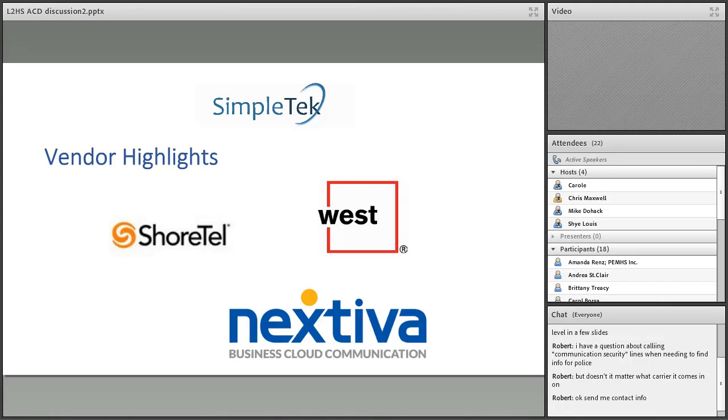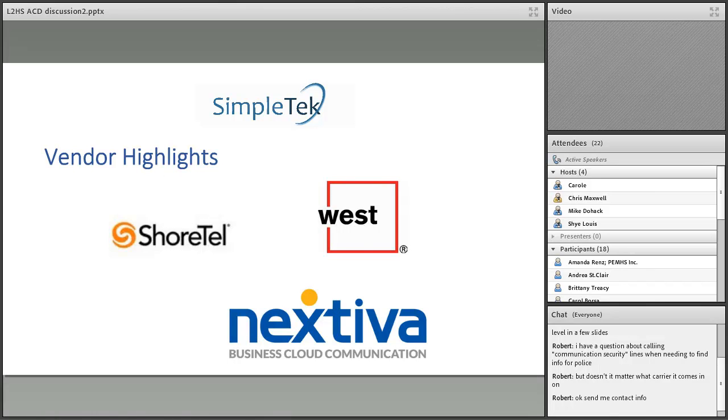So the calls come in, it goes to the database, it looks at the area code, the prefix, and the zip code in some cases, and says, oh, that's this crisis center, and then it routes the call, dials to one of your locations, it rings into your phone system or ACD system or whatever. And so they're designed to be a very large vendor for very large call centers, and they've probably got 10 competitors out there. Each one has their strengths and each one has their weaknesses. And West is fabulous in that area.